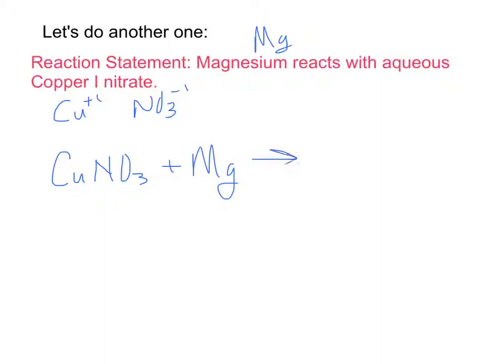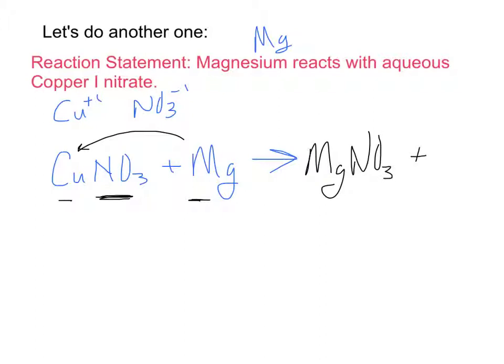is going to create. Now, as we talked about before in types of reactions, we have 3 different elements here. Okay, we've got 1. We keep this one as a whole unit, the polyatomic ion together, and here's the other one 3. So this is a single replacement reaction, which means the magnesium is going to come over here and replace the copper. So I'm going to have magnesium nitrate